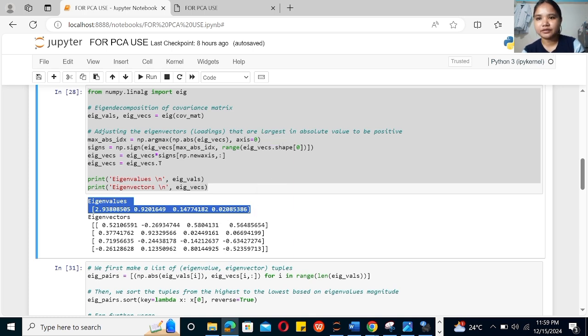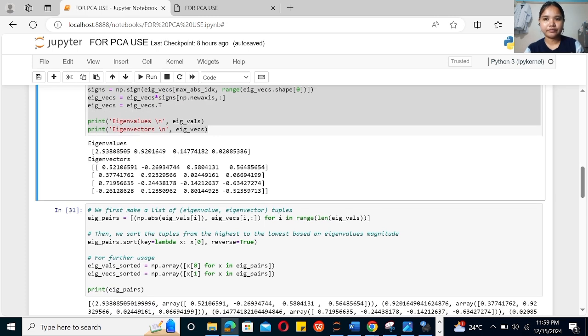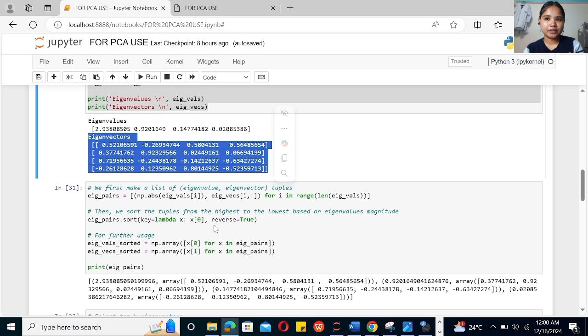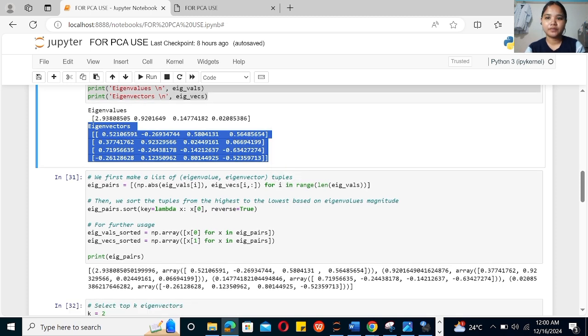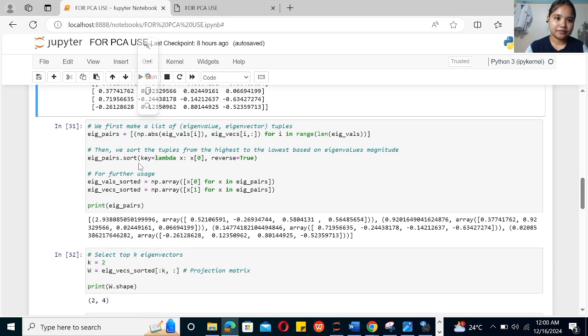And then our eigenvectors, we have here a 4x4 matrix, with each eigenvector a 4x1 matrix corresponding to each eigenvalue. First, we need to rearrange the eigenvectors and eigenvalues. So we sort the eigenvalues in descending order and pair each to its corresponding eigenvector.